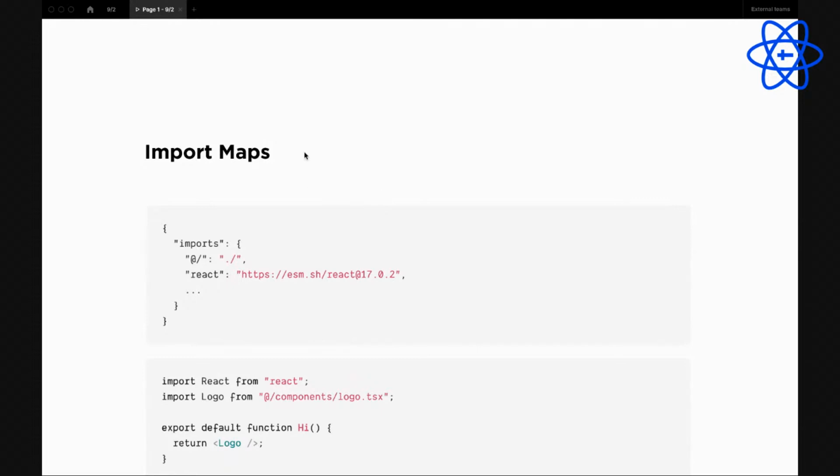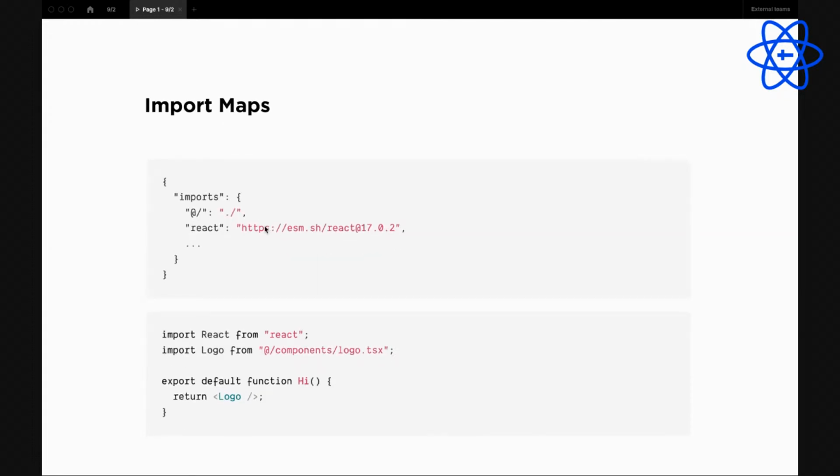What is an import map? Import maps is a new draft of TC39, I think. It defines how the browser loads your ES modules. Here is an example.